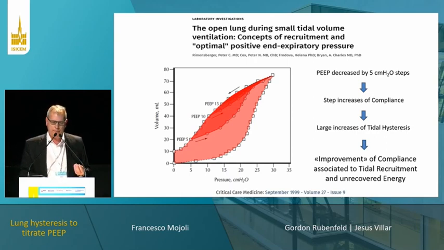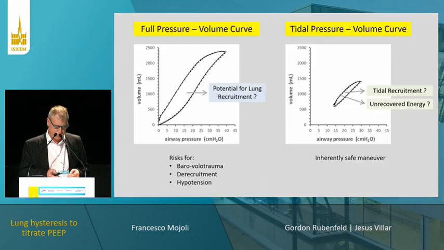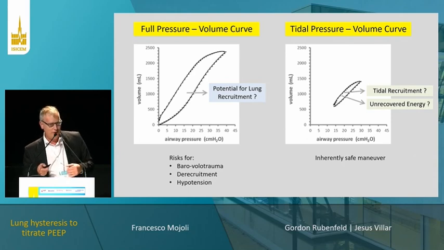From a physics point of view, lung hysteresis, tidal hysteresis, is a way to measure the so-called unrecovered energy. That is the amount of energy that is dissipated into the lung tissue each breath. So with the same tool, the pressure volume tool, we can perform two different maneuvers. A full pressure volume curve, if we want to answer the question, how big is the potential for lung recruitment in my patient? Or a different maneuver, a tidal pressure volume curve, from PEEP up to plateau pressure and back, if we want to answer the question whether our PEEP setting is able to avoid tidal recruitment. And also, from the physics point of view, if we want to assess the unrecovered energy